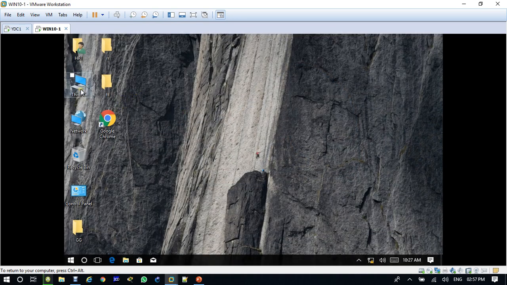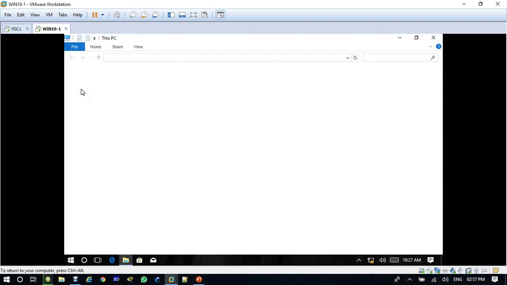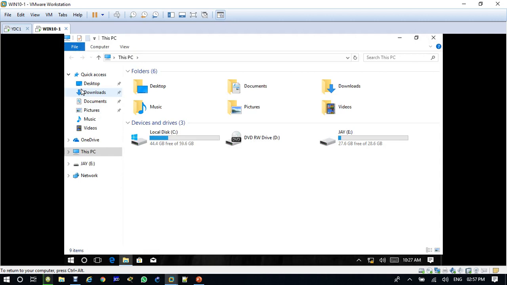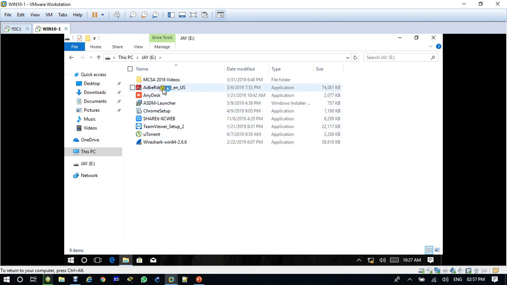And then we'll try to install some software. So I connected my flash drive here on this system, and when we have created a log, now we are running and trying to install some applications.